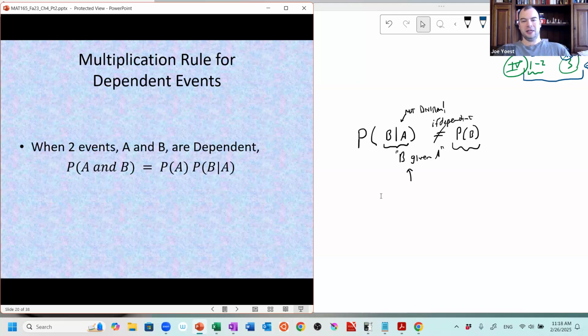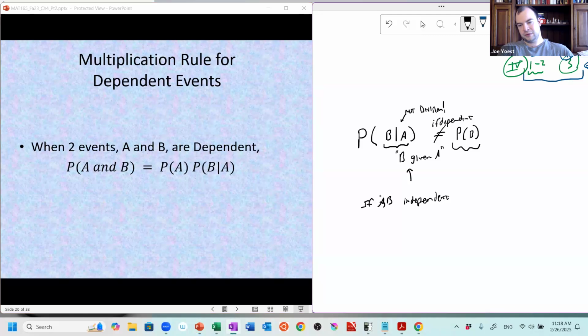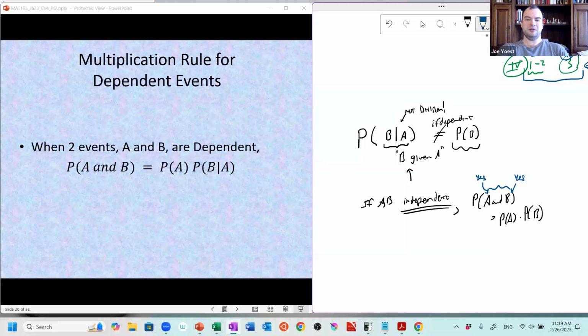We have a multiplication rule for independent events. So if A and B are independent, probability of A and B equals probability of A times probability of B. In other words, what I'm saying here is for the compound event A and B to occur, of course, A must occur and B must also occur. So A, did that occur or not? If I'm in the event, yes, that has to have occurred. And same with B for me to be in the event.